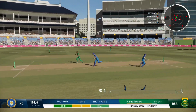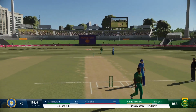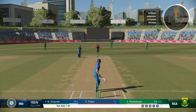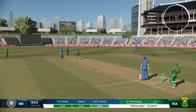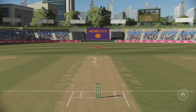Can't get that outside the ring field. Tucked it nicely into the gap. Pick up a single. Right out of the middle. Nothing really wrong with the delivery. Got onto the front foot and found...